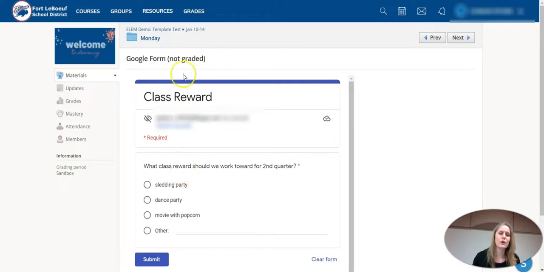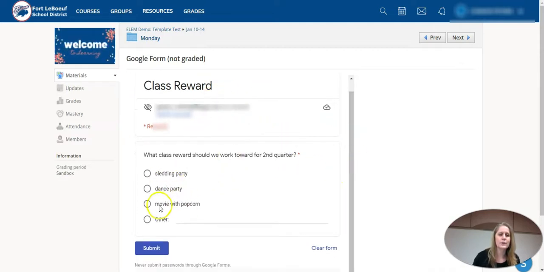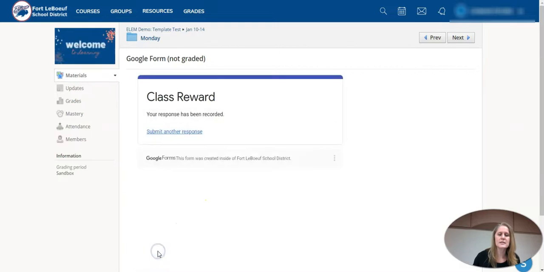I have a non-graded Google form. I just put that in there for my own purposes so that you guys could tell the difference. If I just needed to survey them about something, I don't necessarily need this one to be graded, so I wouldn't create this one as an assignment, and we'll talk more about that when we look at it from the teacher perspective. But in this case, the student can go through, they can pick what they want, submit their form,